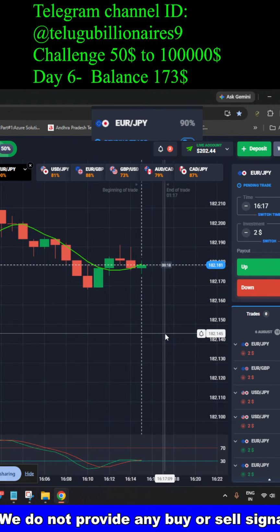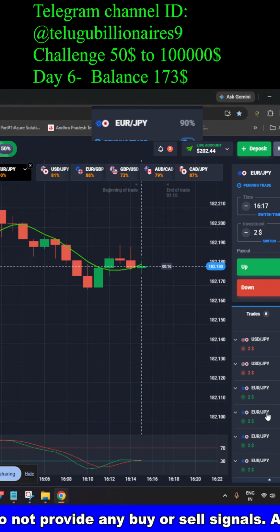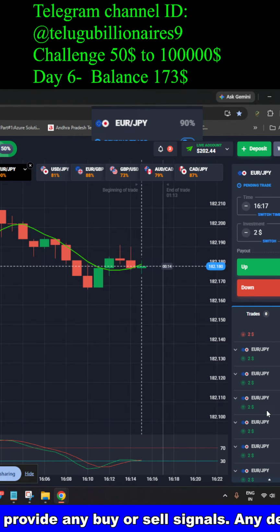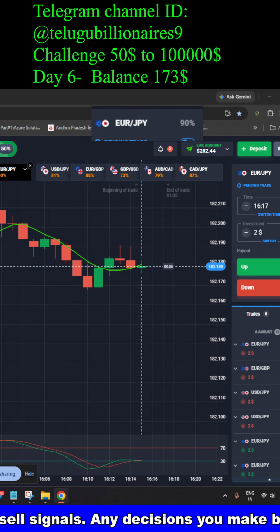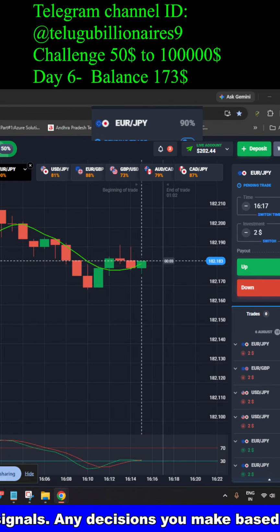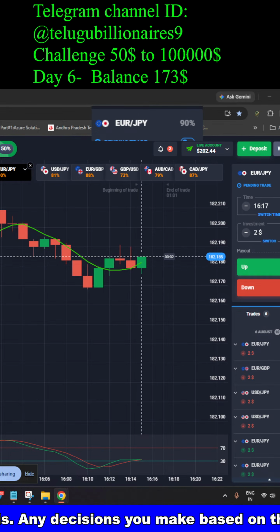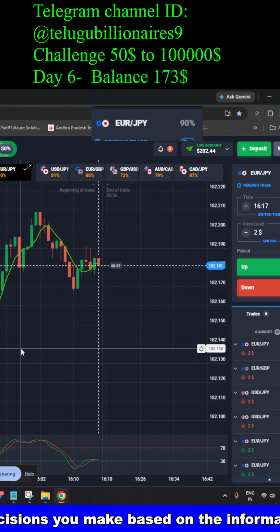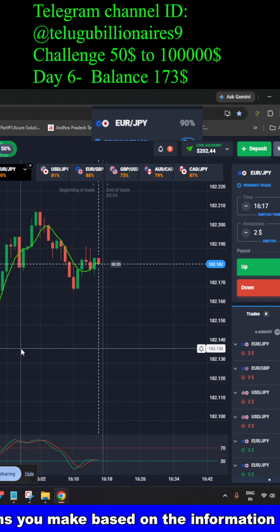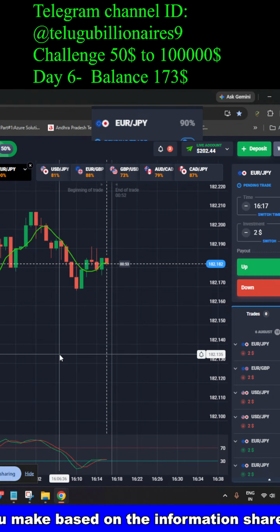In the real market, for the last 3 days I've been working on the real market. The results are awesome, very good results. The setup is giving very good results. That's why I'm recommending it to you guys as well. First I'll tell you what tools are required for that setup and what kind of market we can choose for that setup.